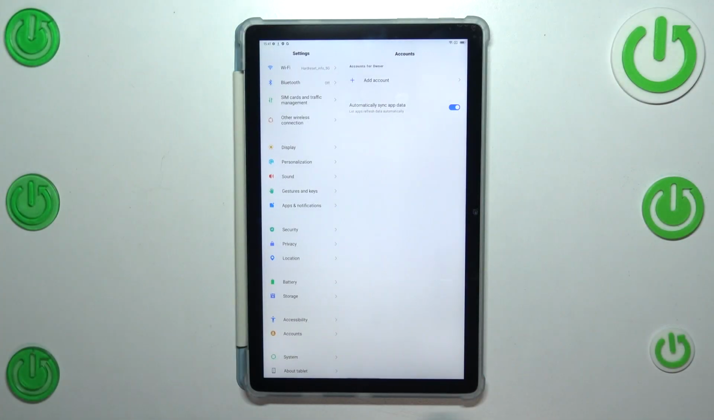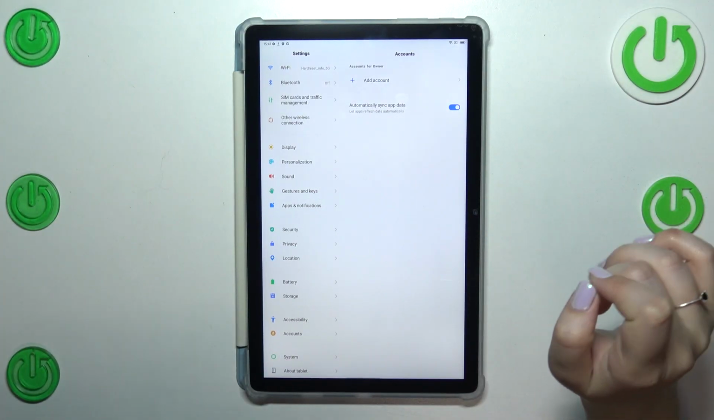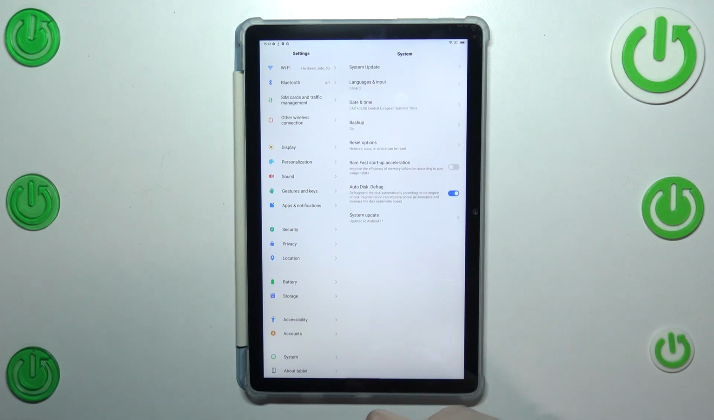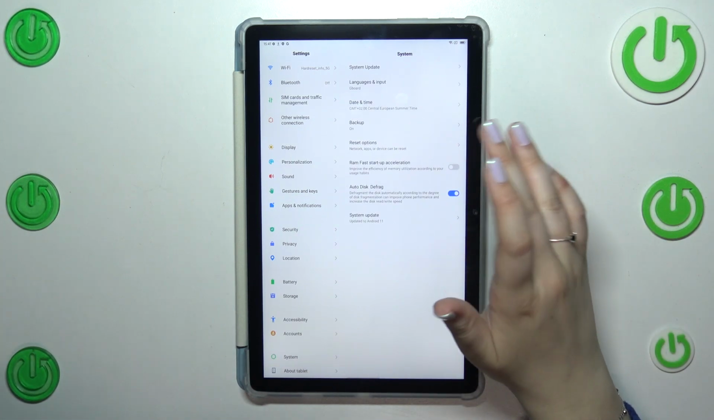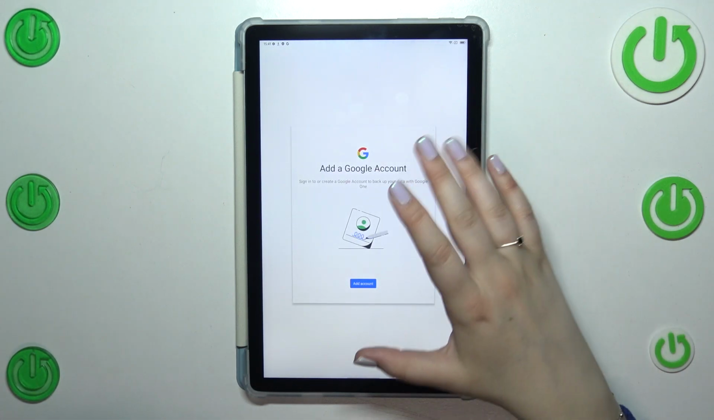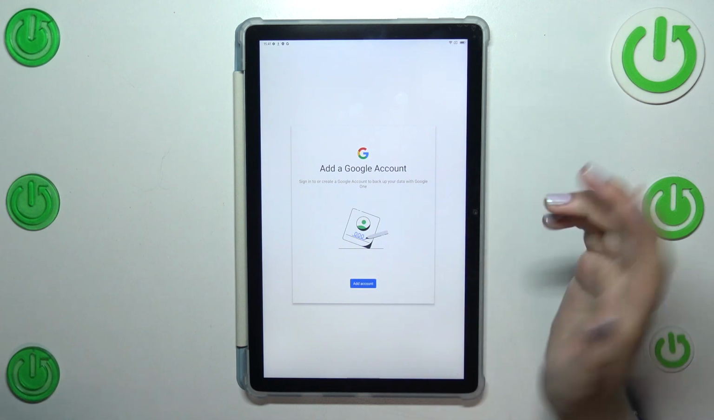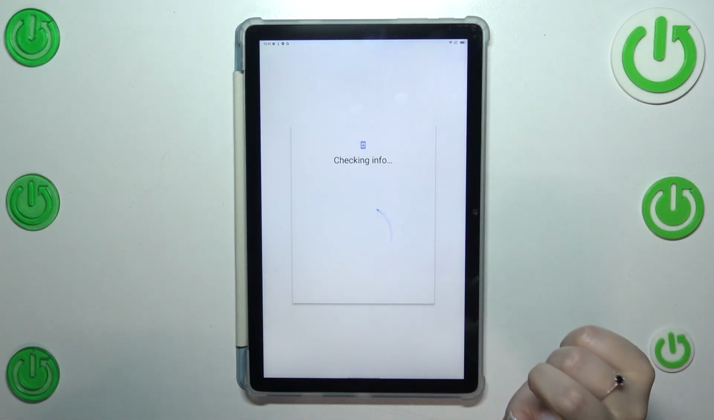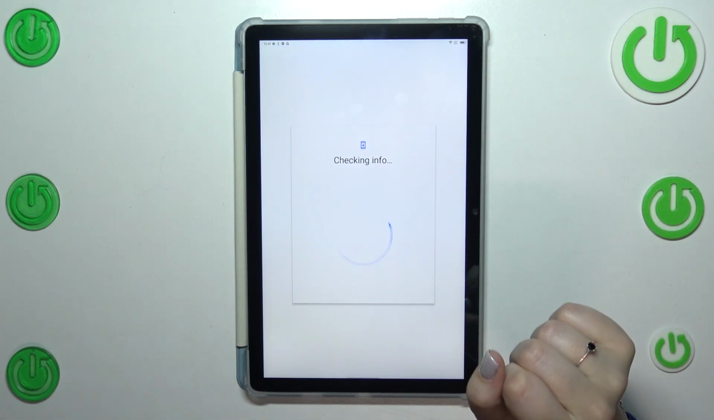So first of all we have to enter the settings and then let's scroll in order to find the system. Now we have to tap on backup. And as you can see, we will be immediately transferred to this Google One section. So simply start with adding the account and make sure that you've got the internet connection that is required for